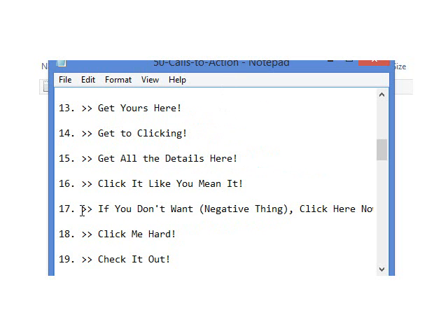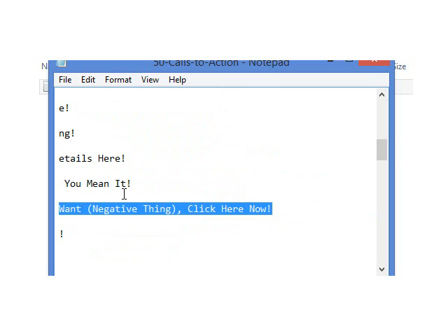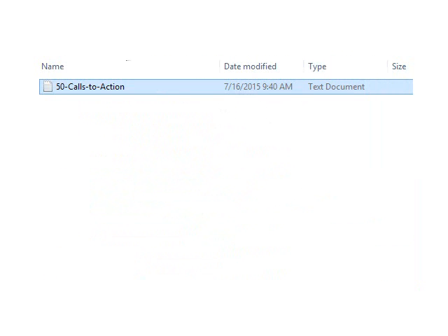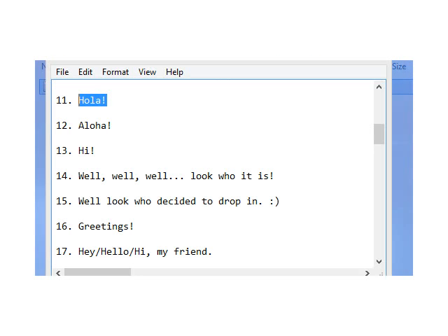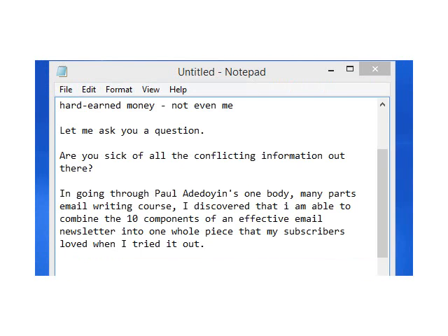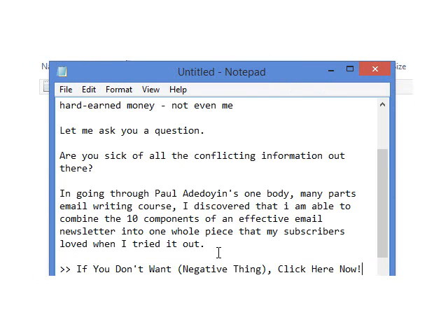So I'm going to pick this. We're going to go back to our notepad. So this is the call to action. If you don't want, so there's a negative thing. What's the theme of what we have been trying to pass across all along? They don't want to be hurt. They don't want to lose their hard-earned money. But they want to learn email marketing. They want to learn how to write email newsletters. So you can say, if you don't want